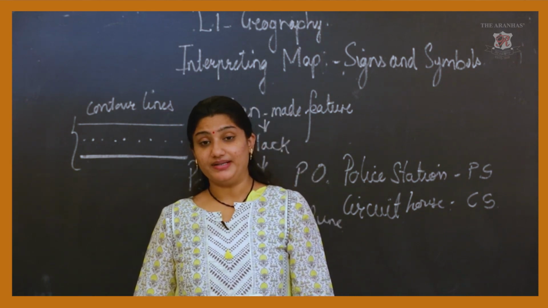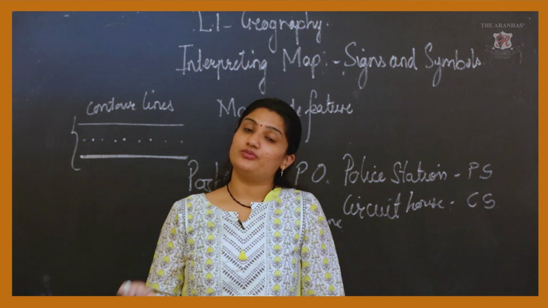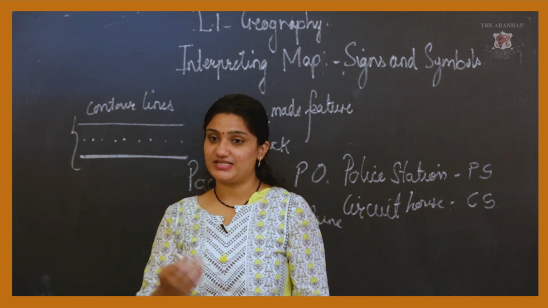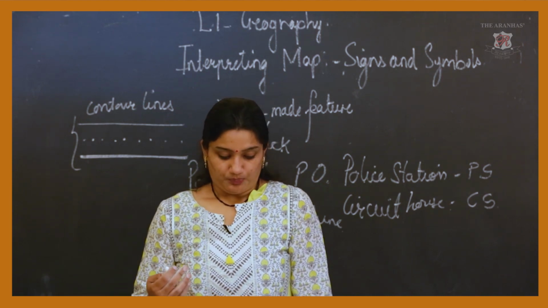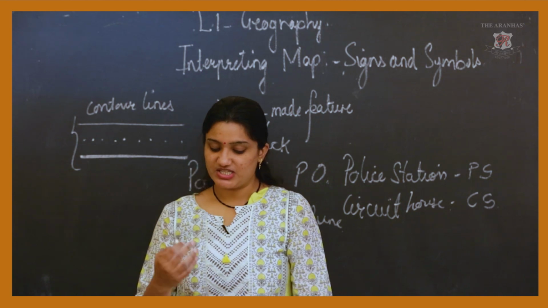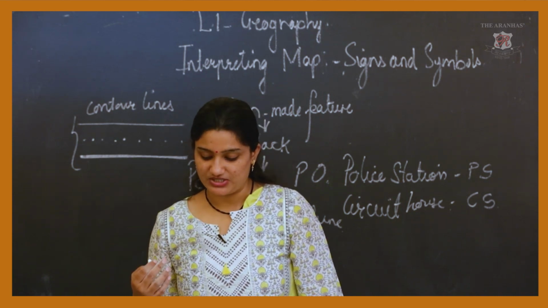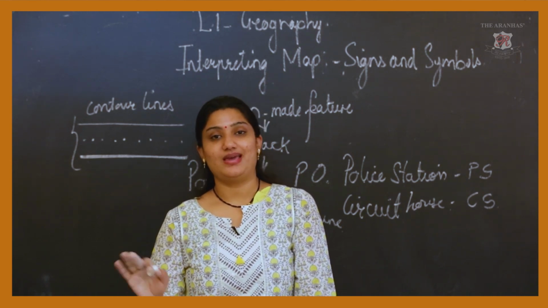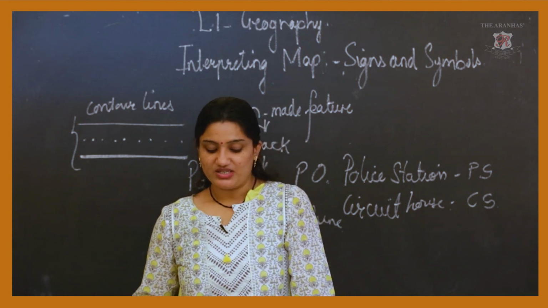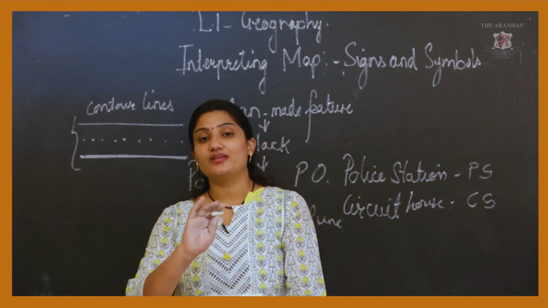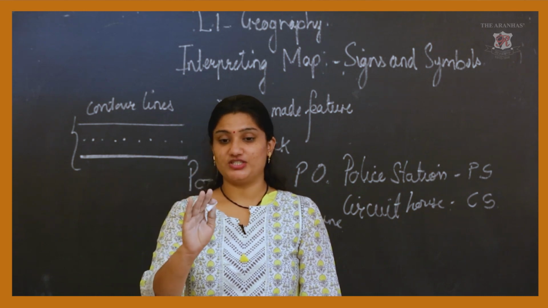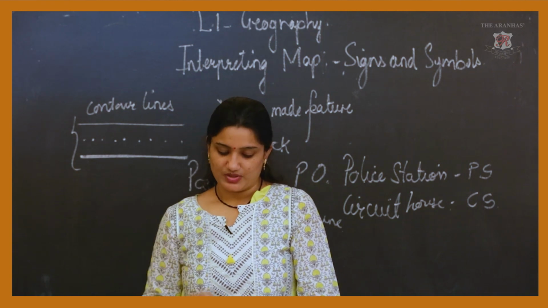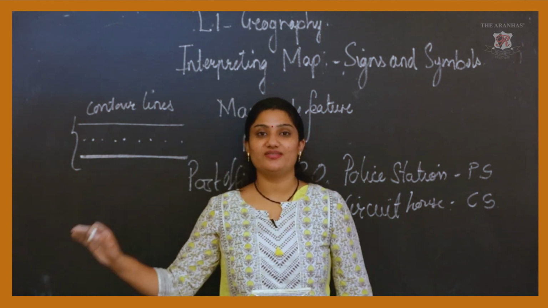Now, differentiate between broad gauge and meter gauge. Broad gauge means the distance between two rails is 1.6 meters, and you have to remember this distance. It carries both passengers as well as goods. Whereas for meter gauge railway, the distance between the rails is 1 meter. And one more gauge is there, the narrow gauge railway, which carries only passengers, and the distance between the rails is 0.77 meter.